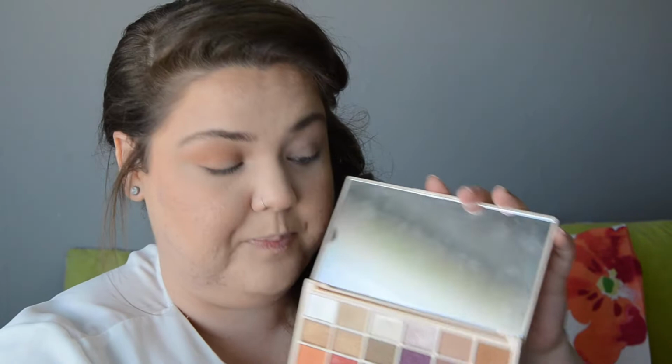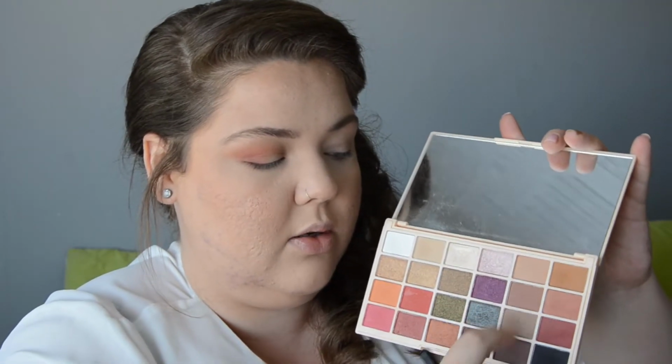One step down from Peaches, which is Danger, I'm putting it on the outside corner of my eye. Again, blending in with everything else, but I don't want this to go completely into the crease. So like I said, you could easily do this with all these 4 shades and it would give you a nice brown look. I'm gonna put the palette aside and I'm gonna add a nice pop of kind of glitter,